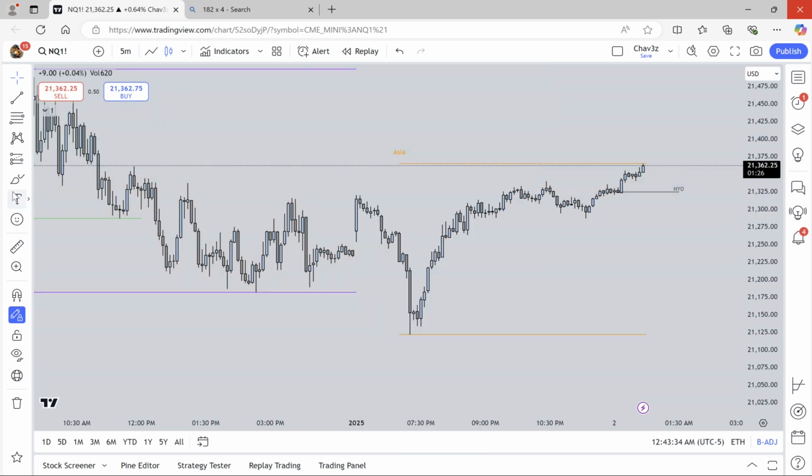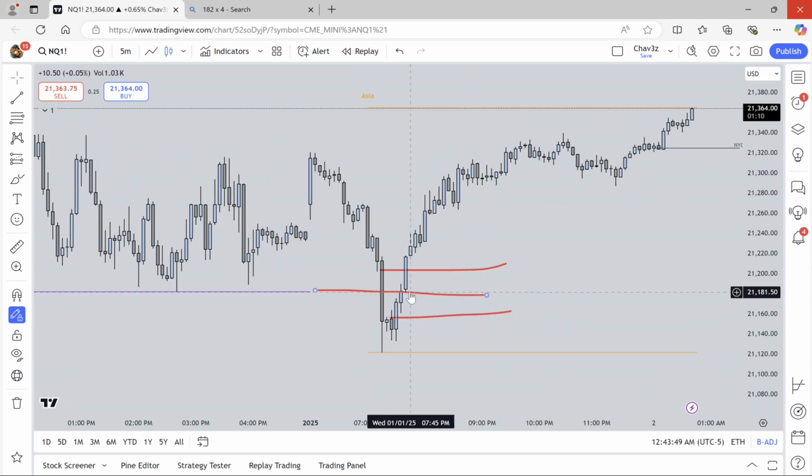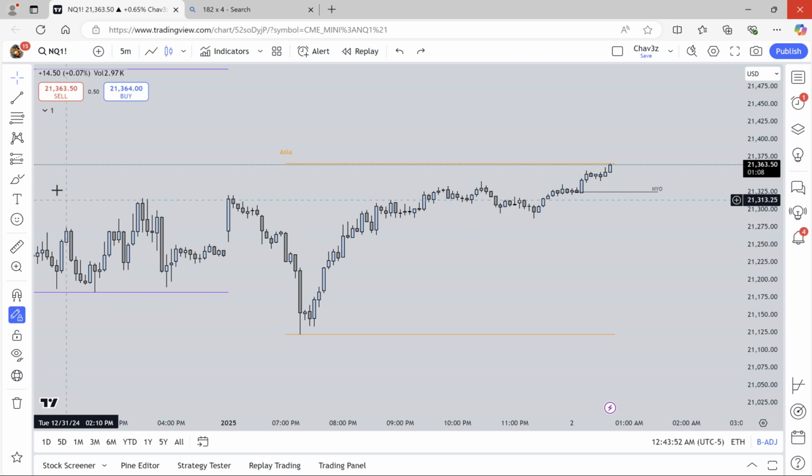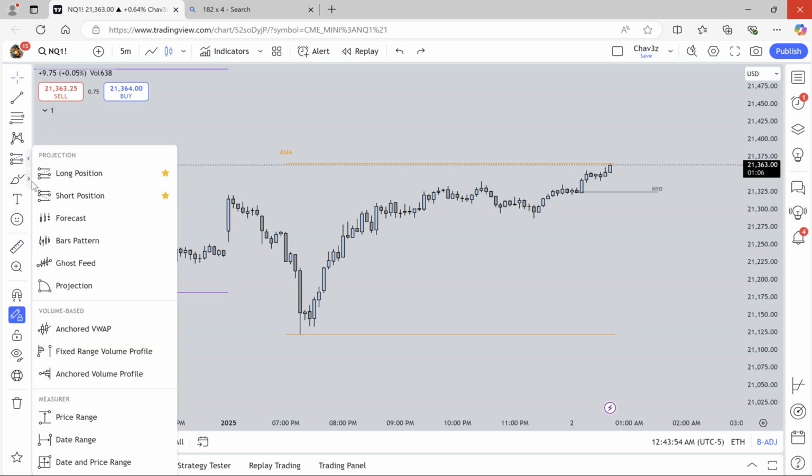Let me get rid of the drawings. This is your fair value gap on the key level, right? And here's your key level right here. Look, where does the key level fall? Coincidentally on the 50%. Is that a coincidence? Maybe, right? If we erase this and map out the fair value gap,